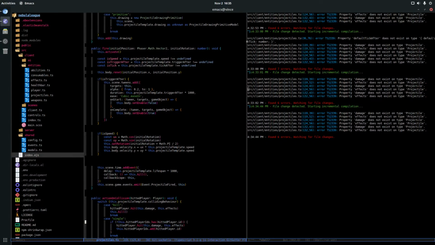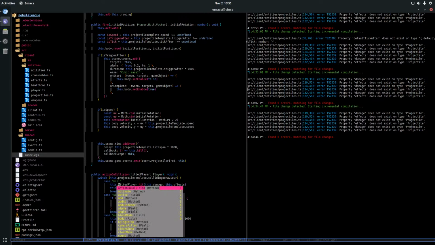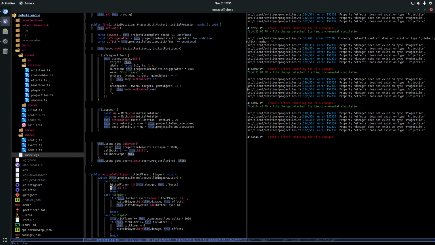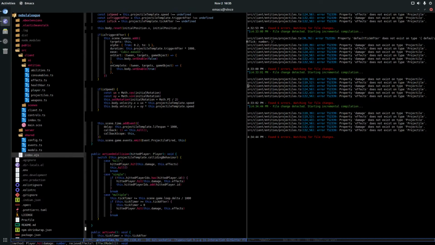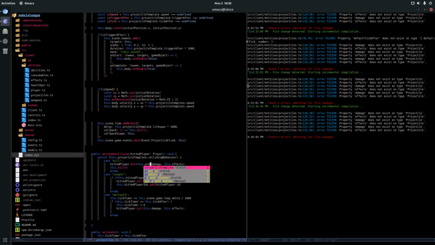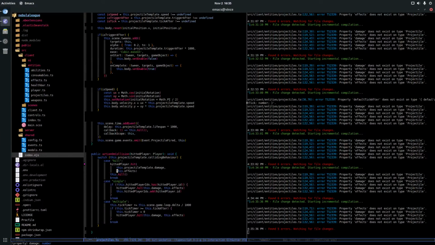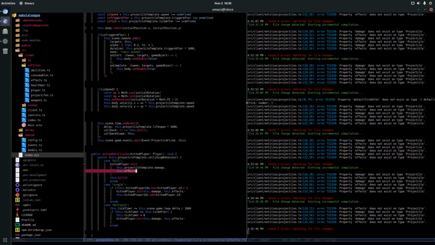And 19. Yeah, okay. Oh no, what's wrong with that? There's a projectile? Oh yeah, I don't have this item. Okay. No, it's correct. Dot projectile template. Effects.